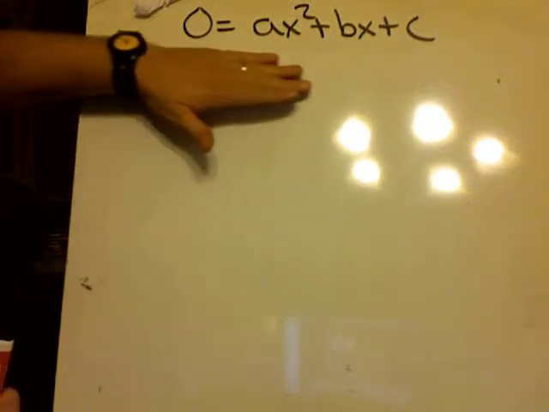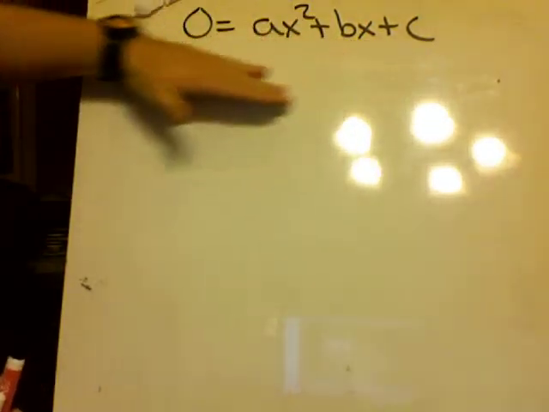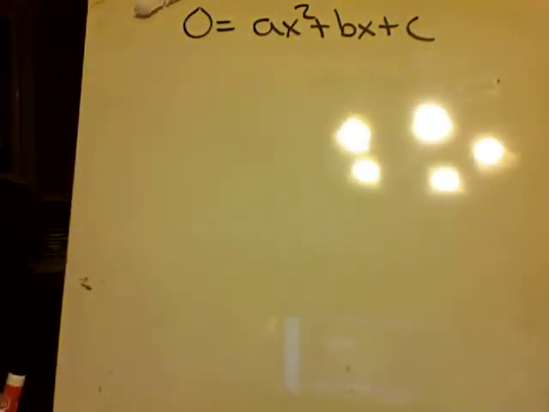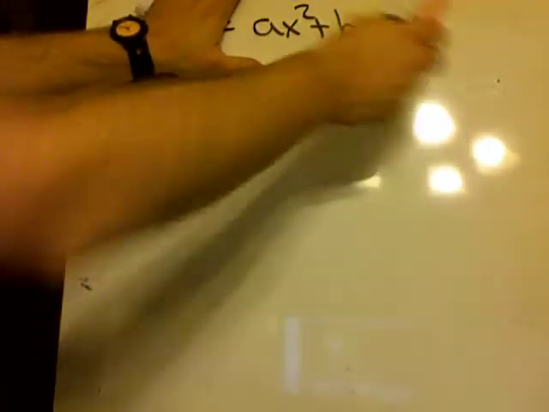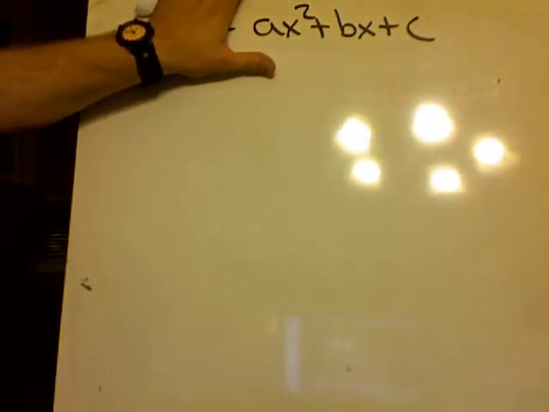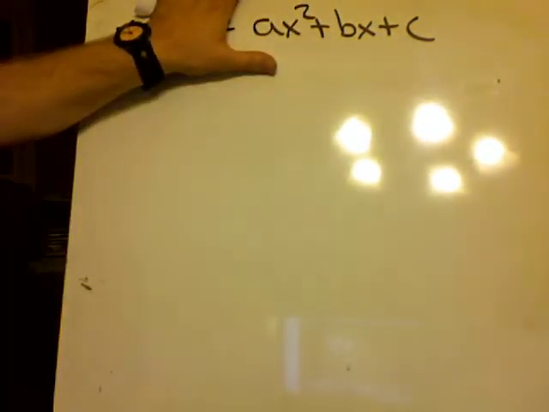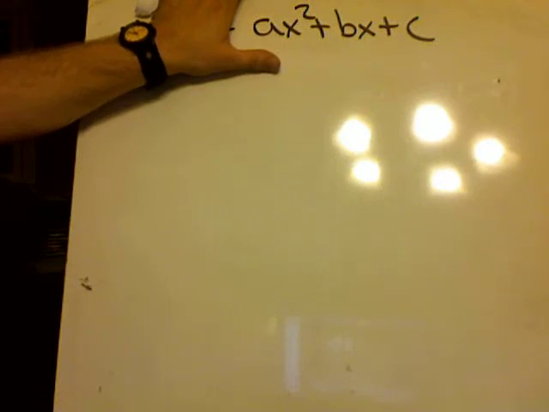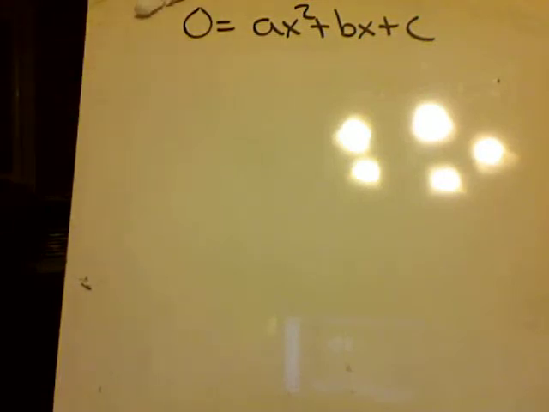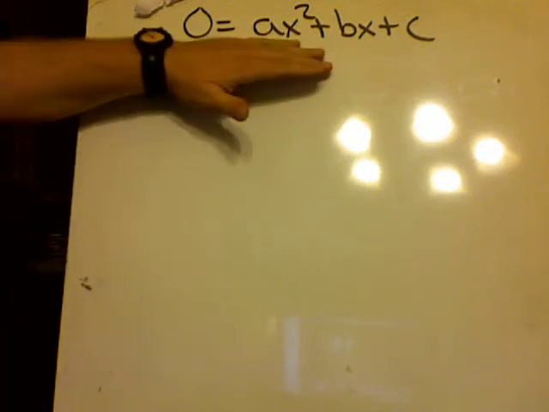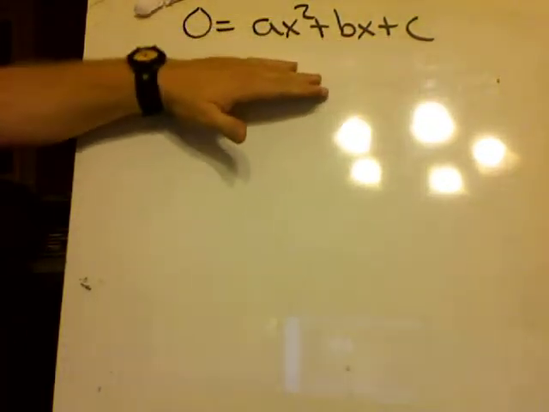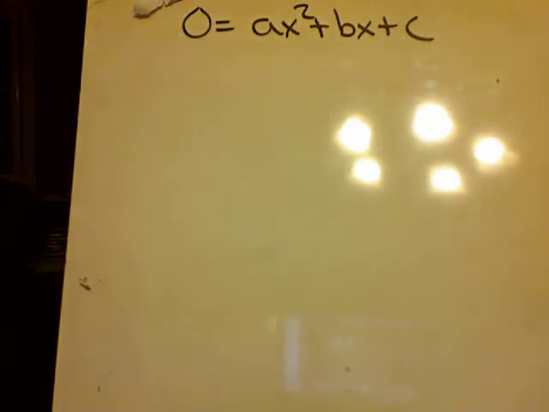Say we have something in this form right here. In other words, over here we're looking at some sort of polynomial with a square in it. But we have it set equal to 0. Well, what does that mean? That means that whenever you do out the math here, your end result is going to be a 0